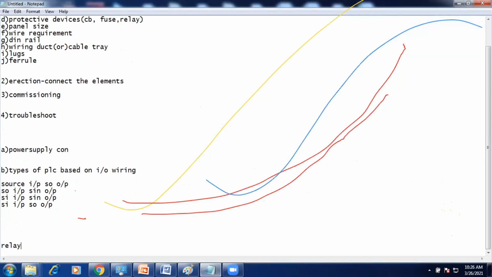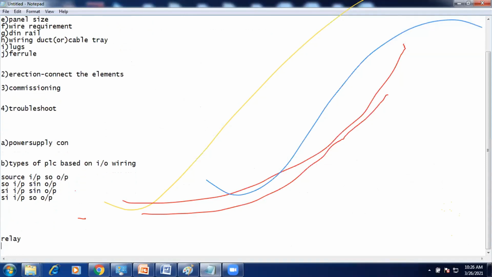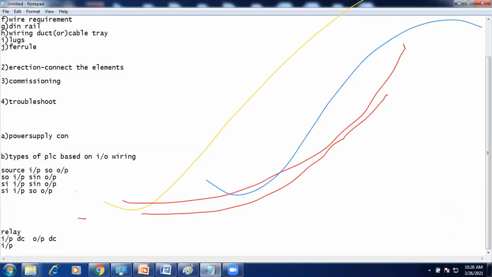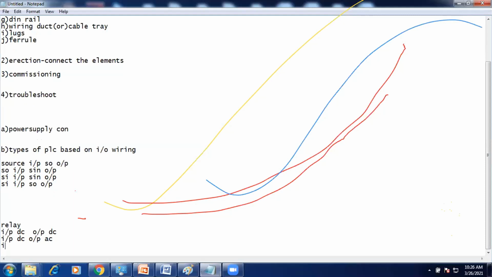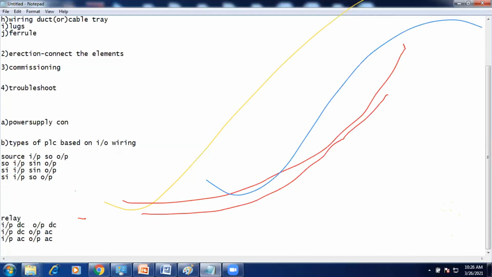Under this relay, we can connect input side DC, output side DC; input side DC, output side AC; input side AC, output side AC; input side AC, and then output side DC. In that manner we are able to get it.